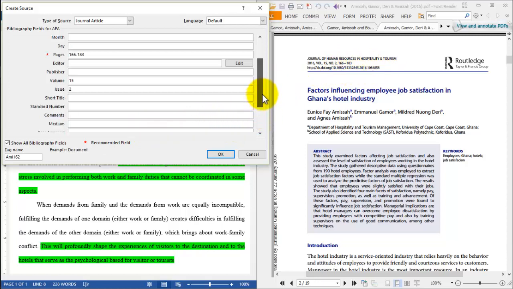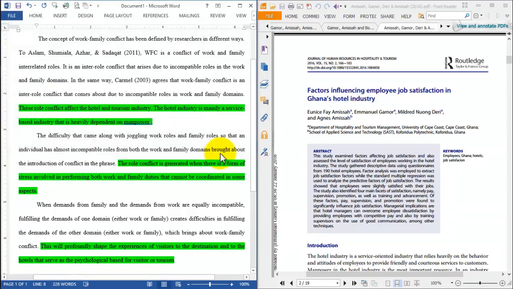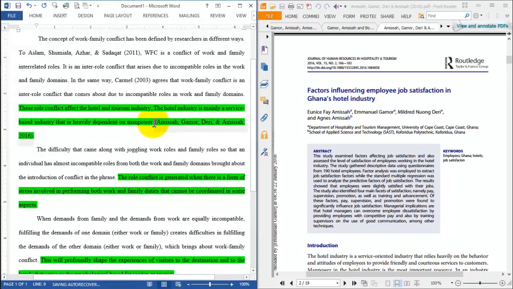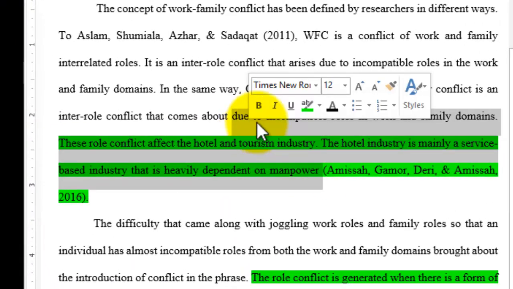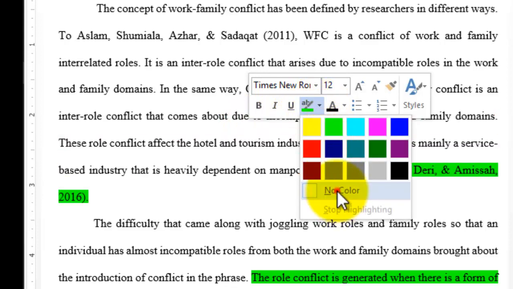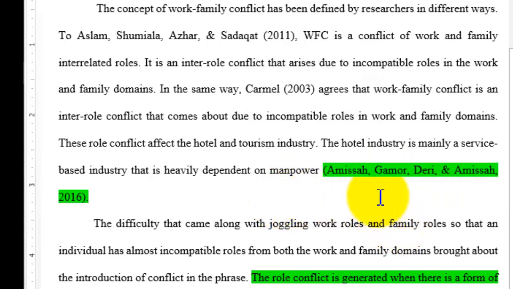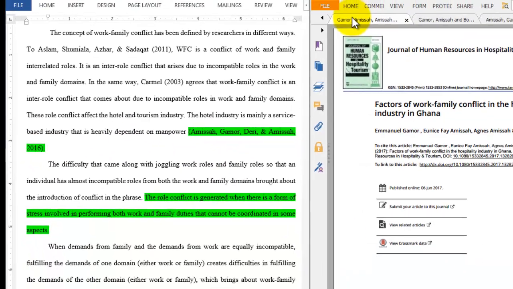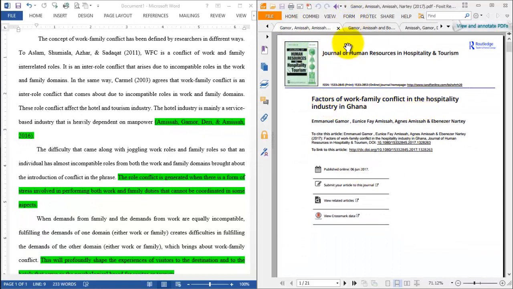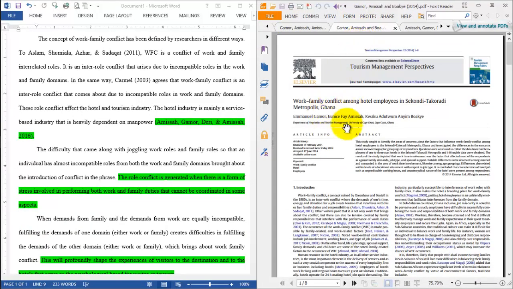So we look at those that we need. Aside from those that are highlighted with journal articles, you need volume and then issue number. When you finish with this, you click OK, and it does the in-text citation for us. The in-text citation is very important. At this point, you don't need to worry about how it's going to be arranged and how it's supposed to be, whether in brackets or not. It's going to arrange everything for you. So this one, we've done the first one. When you're doing the next, for instance, another journal article, if it's this one or this one, you go